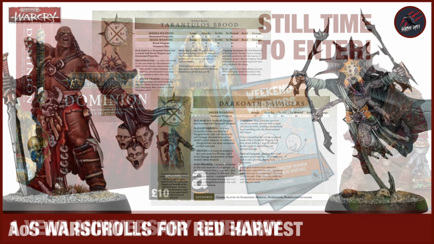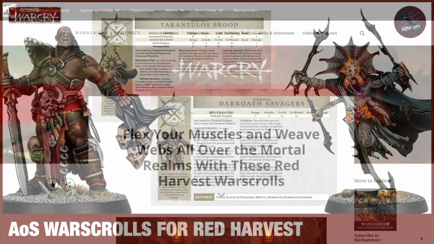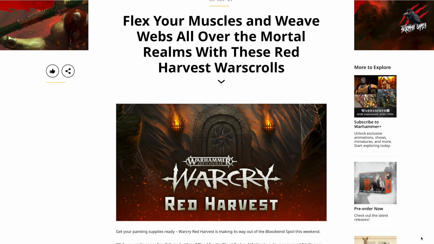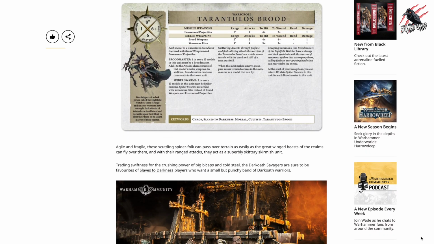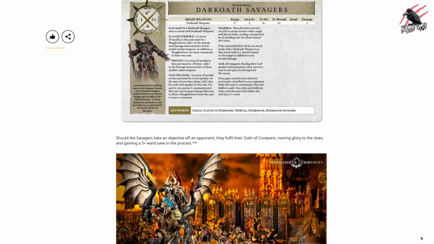But until then, I thought it'd be quite cool to take a look at the new Age of Sigmar Warscrolls that have been released today for the Darkoath Savagers and the Tarantulos Brood. So nice article today for Warcry Red Harvest, and it's showing us how we can use the warband miniatures that were included in the set for Age of Sigmar. So we've got a warscroll for the Tarantulos Brood, and we've got a warscroll for the Darkoath Savagers